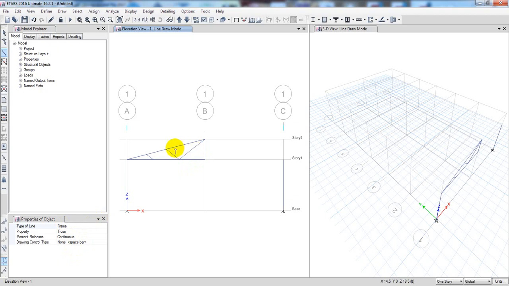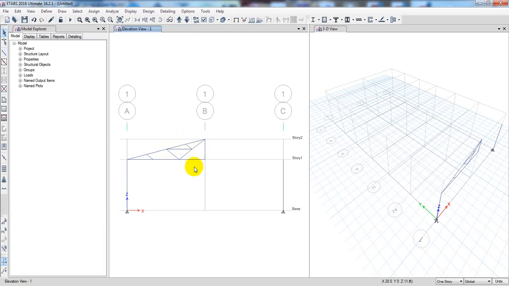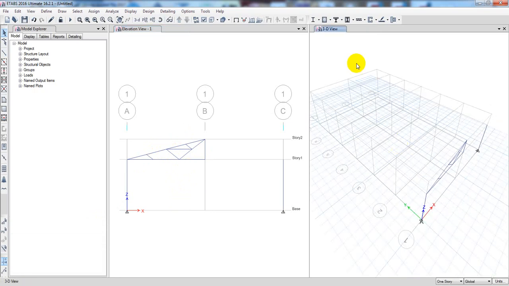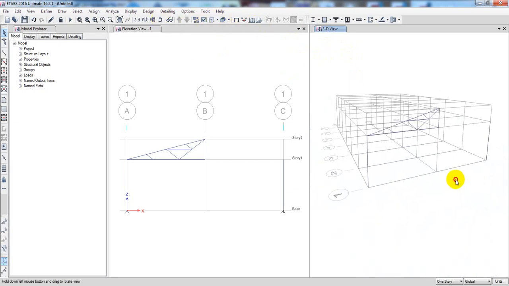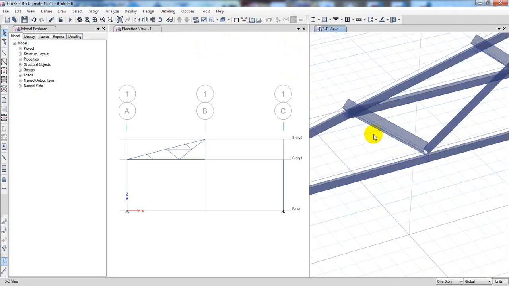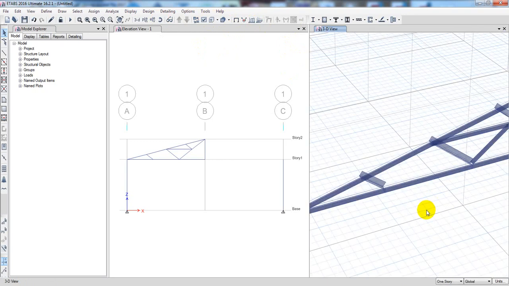So our one will be connected from here and another will be connected with that one. Just see here, we have drawn successfully one side of our truss. If I come here, right, and if we see it in 3D mode, then see how it looks. I'm just going to move that. Now see here, this is your angle. Okay, right, this is your angle,